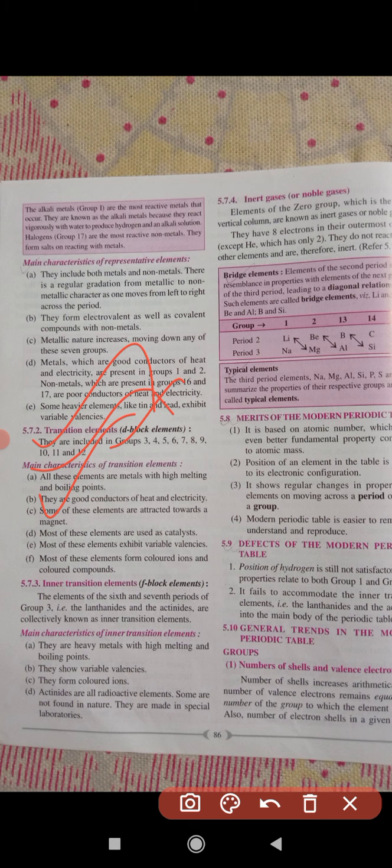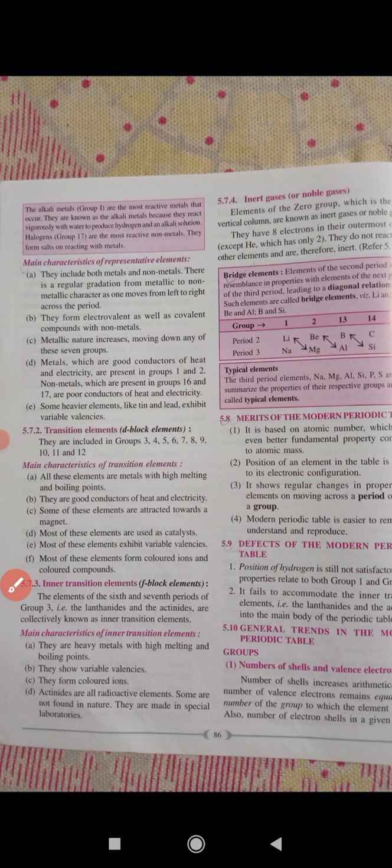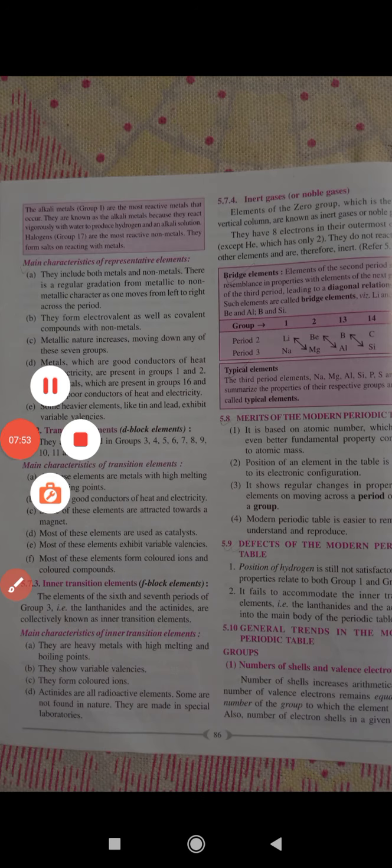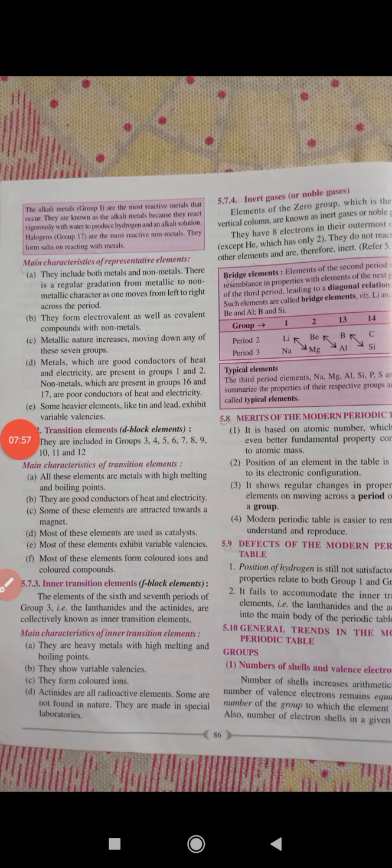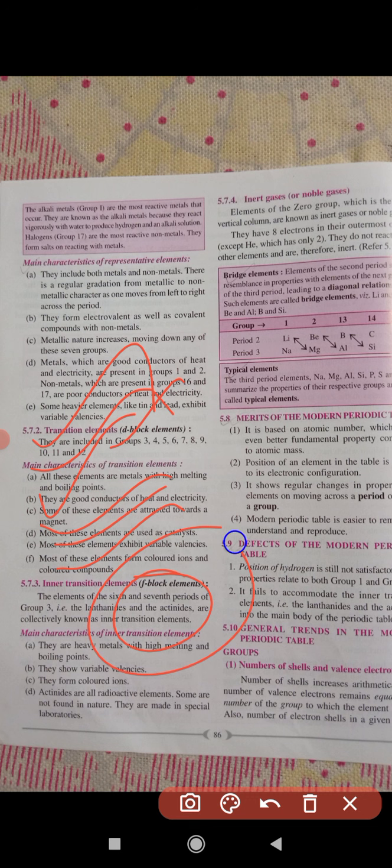Now, most of these elements are used as catalysts, most of the elements exhibit variable valency, and most of the elements form colored ions and colored compounds. Students, colored compounds and colored ions form because an electronic transition happens in the d block elements. D block elements have the d shell filling, so that d-d transition happens, and when the d-d transition takes place, an electronic transition happens,